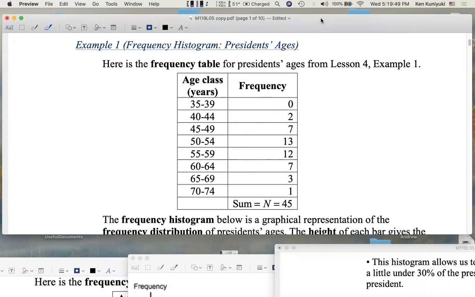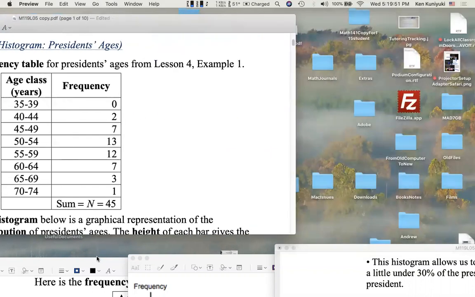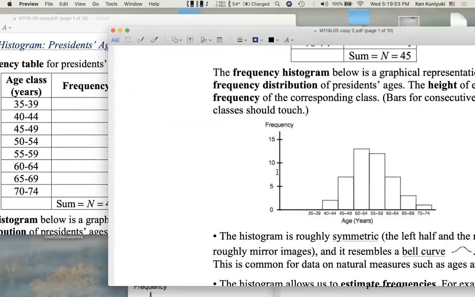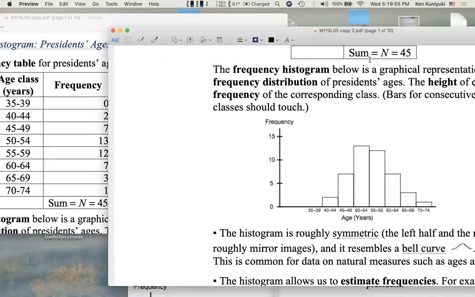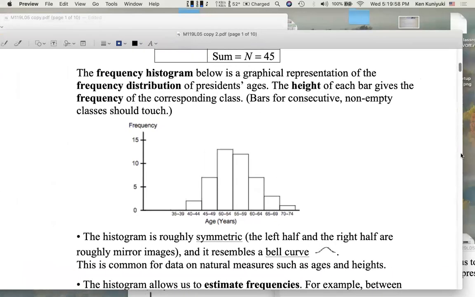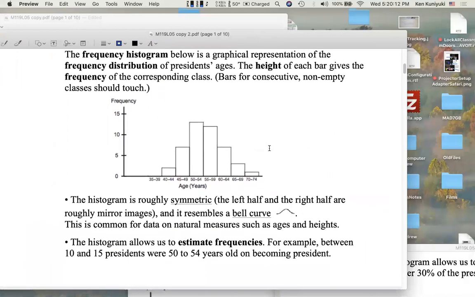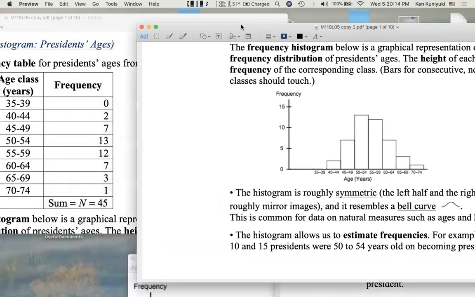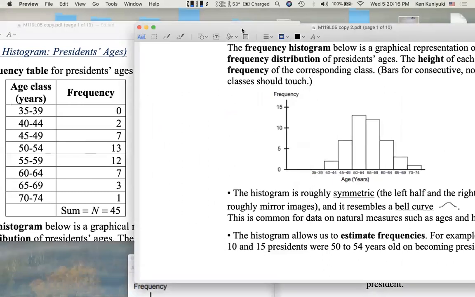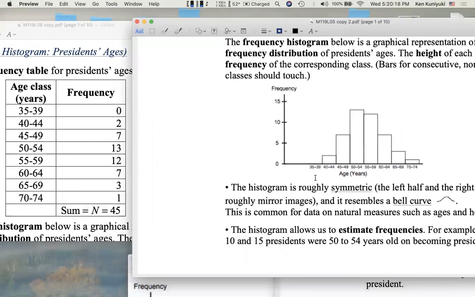Let's turn this into a picture, a frequency histogram. Over here. So the frequency histogram below is a graphical representation of the frequency distribution of presidents' ages. And the heights of these bars here correspond to the frequencies of the corresponding classes in the frequency table. I'll put these next to each other, right? So down here,